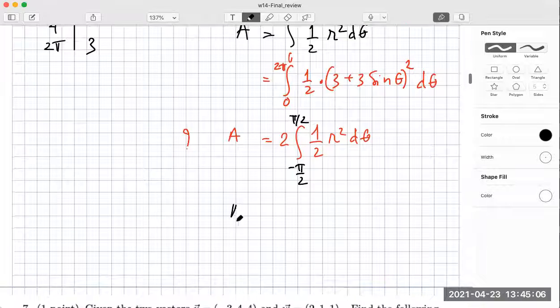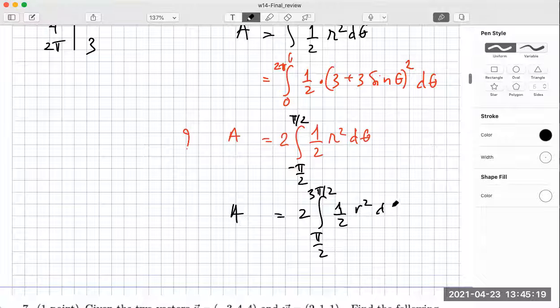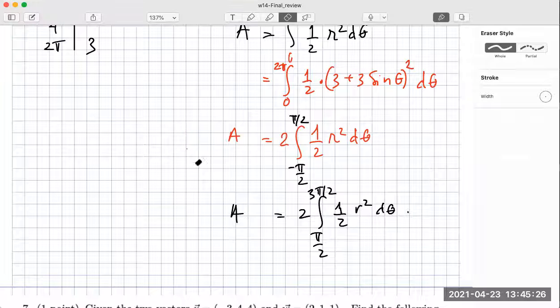Very good. Okay. I think that's it. Just compute this simple integral. Let us save time for other problems, okay? Good. Is it clear or